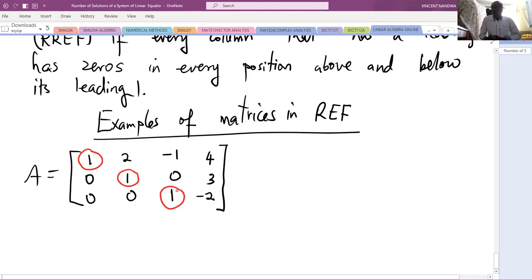And see, in our leading one, if you consider two consecutive rows, then the one on the upper row is to the left of the one on the lower row. Like this one is to the left of this other one here. And then B,